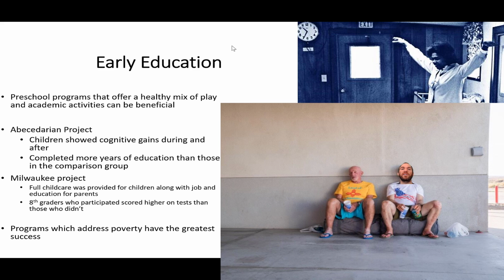And the idea here is that children are not only given the opportunity to learn basic academic skills, but also provided a healthy mix of play, and also that they provide parents with the opportunity, in particular in the Milwaukee study, to continue their education and have job opportunities. And more generally, as the final bullet point states, programs which address poverty have the greatest success. So in psychology, anytime an intervention is asked for, we wonder, what do we do? And everybody always starts with particular interactions within the household. That's the most effective. But what studies have found, and I hope throughout this course